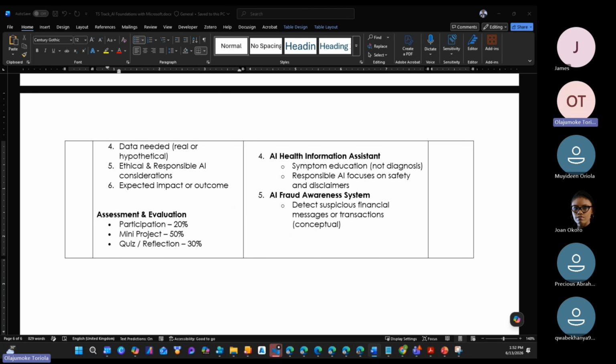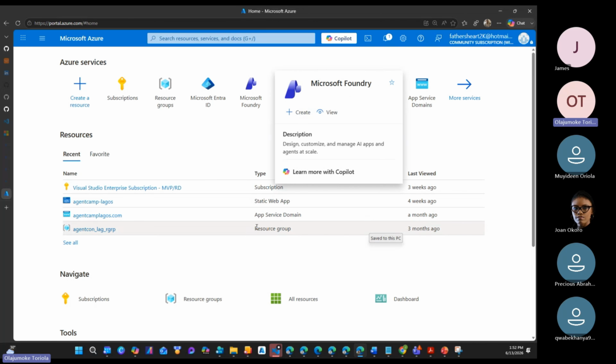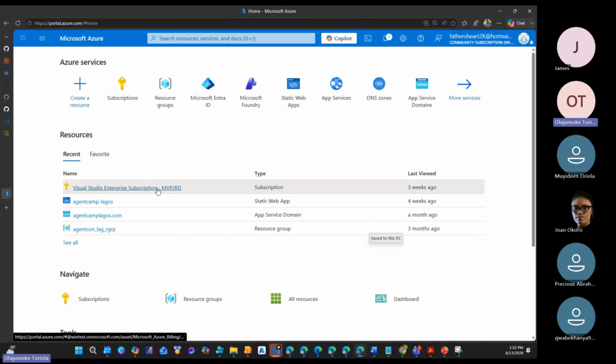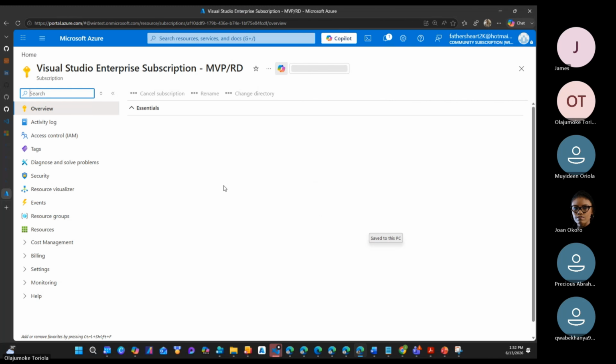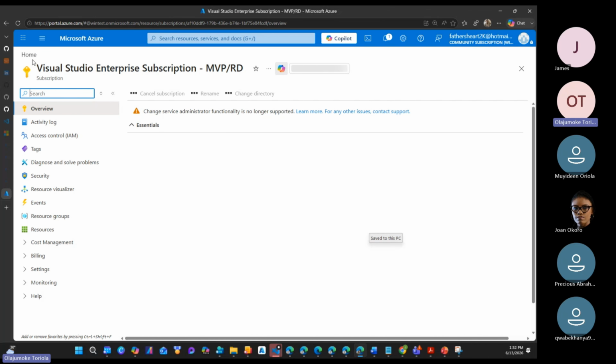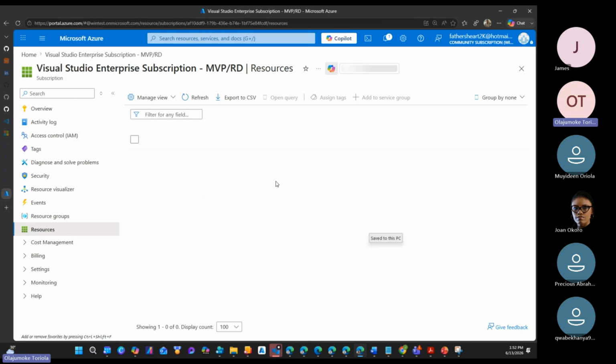One of the things I also wanted to say is that one of the mistakes I made when I was setting up the AI Foundry is that unfortunately, you cannot set up an AI Foundry in just any location. Let me check all the resources, whether there is any AI Foundry here.